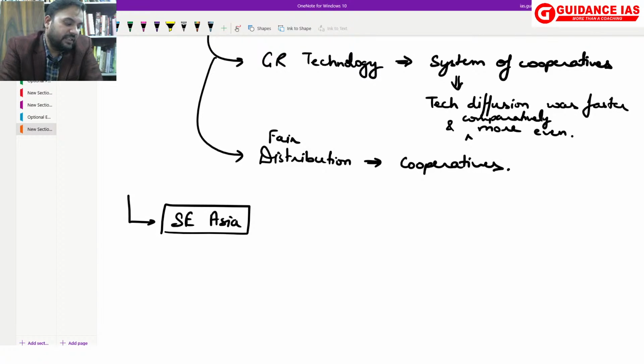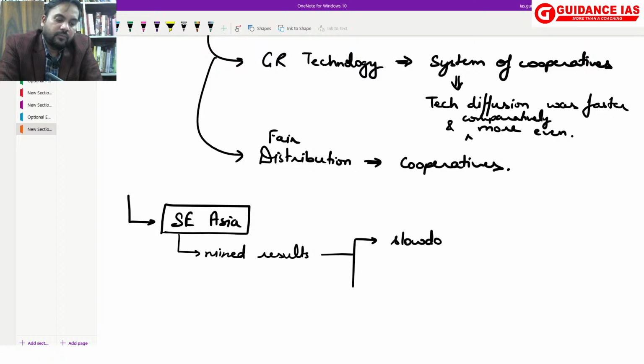So Southeast Asia, why mixed results? Here also they were able to comparatively control. There was slowdown in population growth,